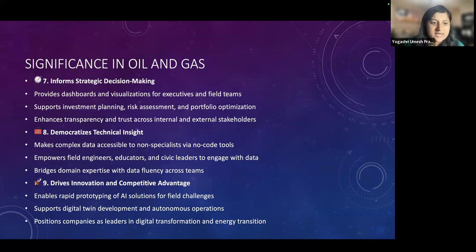For technical insight, you make complex data accessible to non-specialists with no-code tools, empower field engineers, educators, and civic leaders to engage with data, and bridge domain expertise with data fluency across teams. And for driving innovation and competitive advantage: rapid prototyping of AI solutions for field challenges, supporting digital twin development and autonomous operations, and positioning companies as leaders in digital transformation and energy transition.